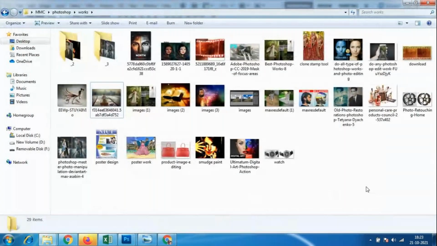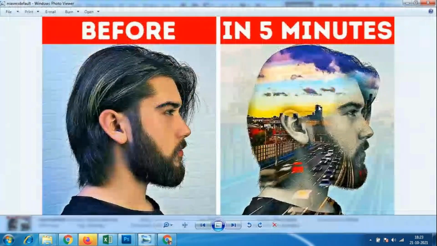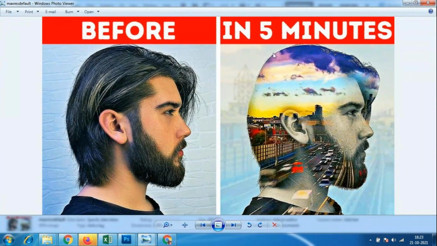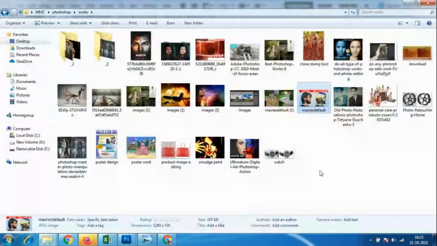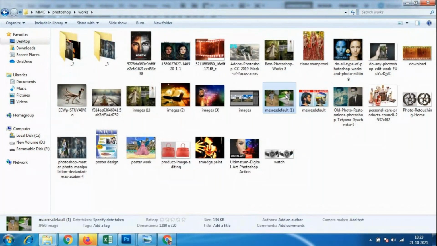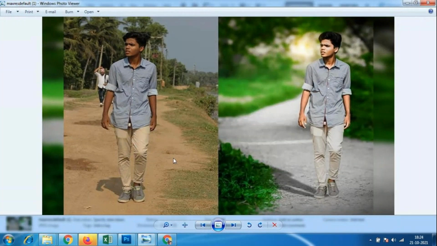And this is called masking. What I taught in the last session, all these things come under masking itself. We have to take only this much area. We have to select the person's face, and inside this we can see the background. I'll tell you about this option also. Look at this, we can change the background. Before, this person was in this background, and after changing it, it looks like this.